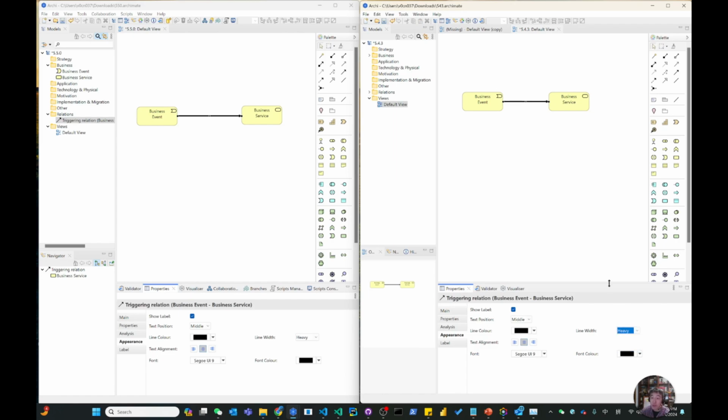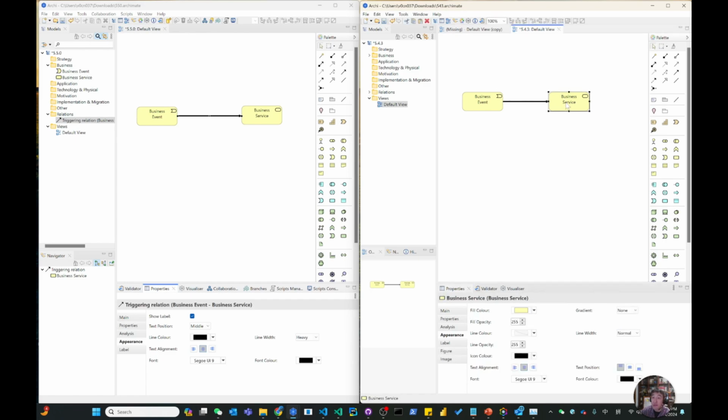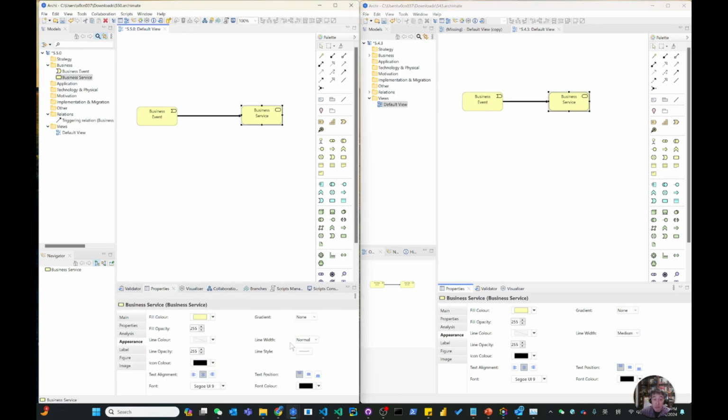By default it is normal. But the difference when it's mentioned the line style for object is not for this link or relation, it is for this element. So you can see the element, in the old version or the existing version, you can change the line style or the line width, but the difference is here. So in 5.5 they are adding the line style. So not only can I change to the medium, but also, here in 5.4.3 or earlier versions, you just have the solid line. But now